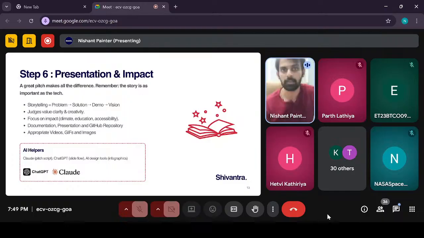Also, focus on the impact. This is the objective of the challenge that you are trying to solve. Then you have documentation. This is very important. You may think that the web application is easily understood by everyone using it, but that's not the case. You should always have documentation on how to use your application. What is the architecture of your application? What one should do if something breaks, right? This is proper technical documentation of your application.